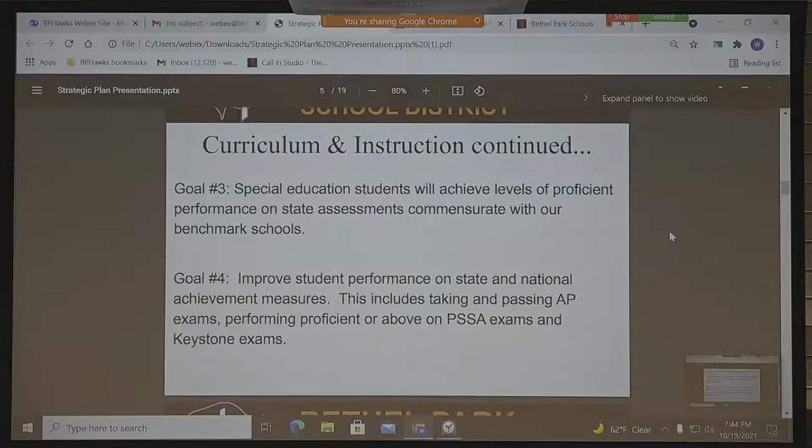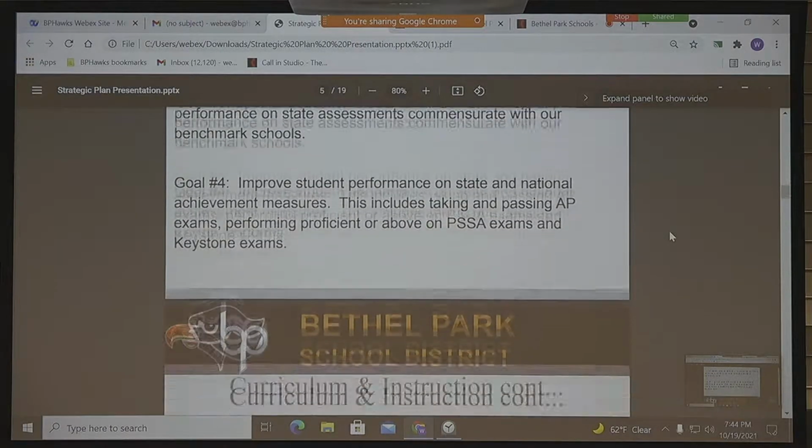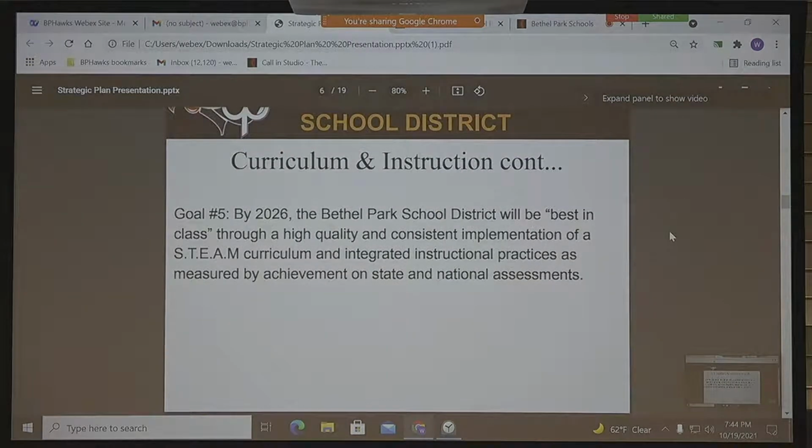Goal number 4 is to improve our student performance on all those state and national assessment measures. This would include your AP test scores, your SATs, ACTs, and the state's PSSA and Keystone exams. And again, there's individual action steps that have been identified to show that growth and that achievement over the next 5 years. And the 5th goal from the